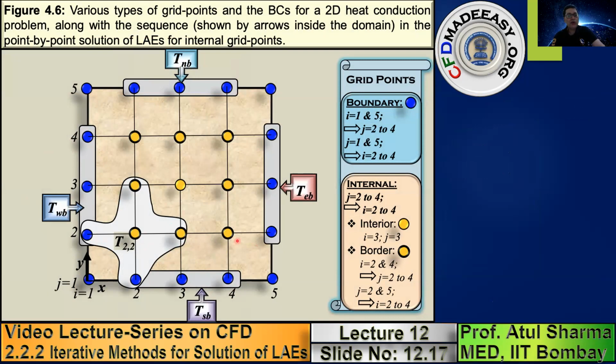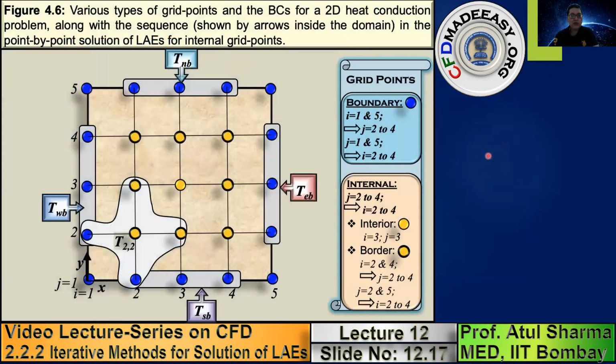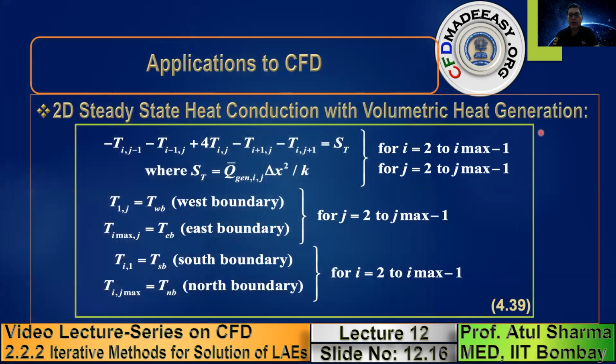Note that we use only one equation, but we use that equation in a loop, because the equation which has been shown in the previous slide has arguments I and j, and we use a loop 2 to I max minus 1. Now I max corresponds to the maximum number of grid points. Here you can see the maximum number of grid points in the x as well as y direction is 5. So I max is 5, and 5 minus 1 will be 4. So I will be varying from 2 to 4, and j will be varying from 2 to 4 when you are